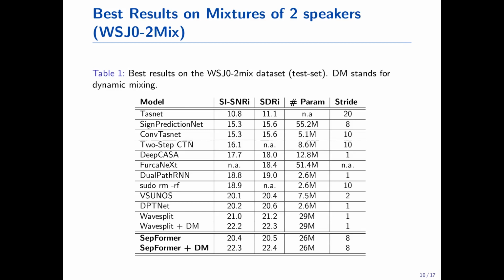All right, so with that, let me start talking about the results we get. On the WSJ0-2mix dataset, when we apply dynamic mixing, that is, if we create new mixtures on the fly, we see that we are able to obtain state-of-the-art performance. But one thing to note here is that we use a stride factor of 8, and I will show you in the upcoming slides that this enables the model to be less memory demanding, and it makes it faster in terms of inference time.